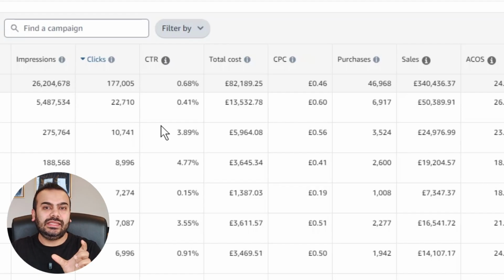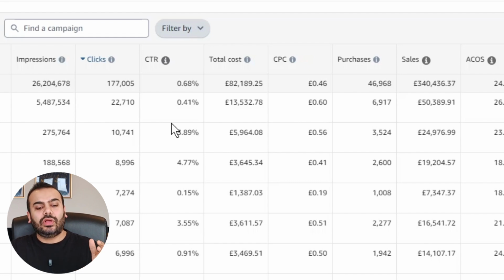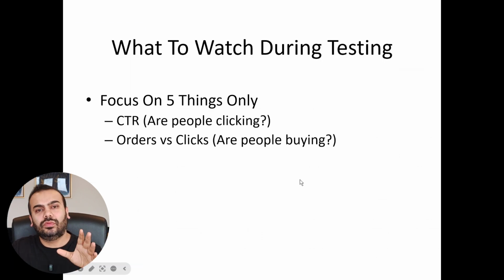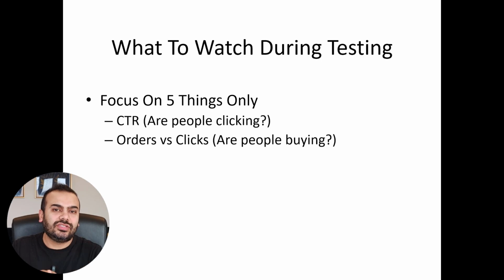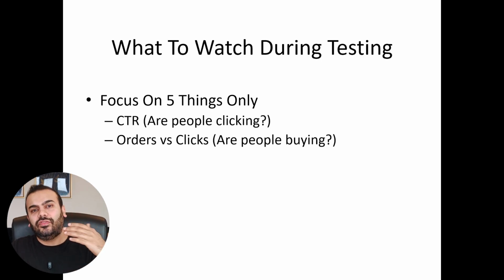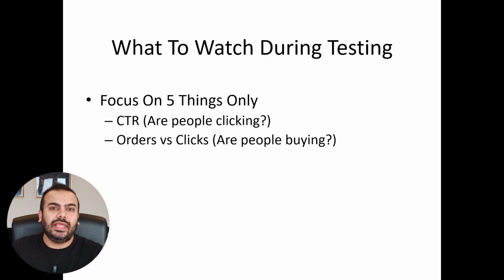So with the CTR metric, you can work on these things. You can work on your main image or your price, or you can run a coupon or a discount or something like that. So CTR is one of the metrics that you want to look out for. The next thing you want to look out for is orders versus clicks. That means make sure that you're actually getting sales against those clicks. If you're not getting sales against those clicks, then you need to optimize those campaigns, which I'll tell you